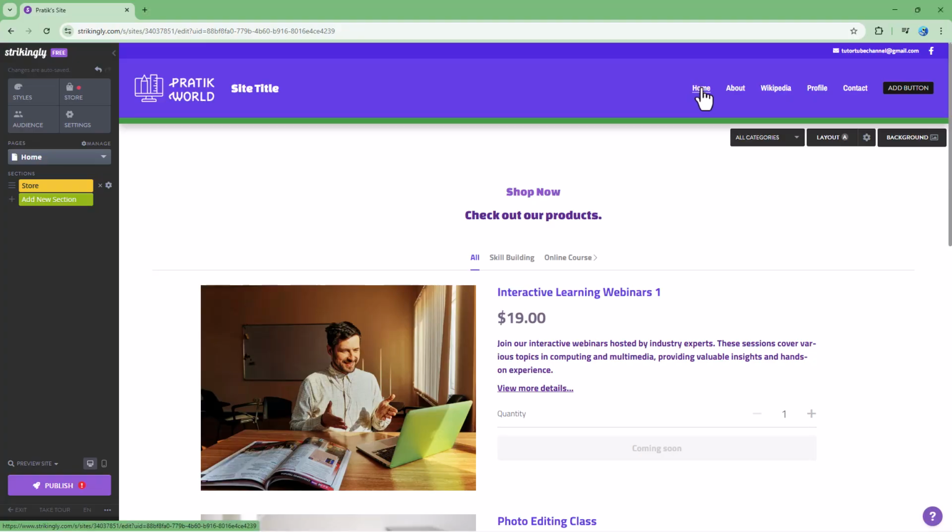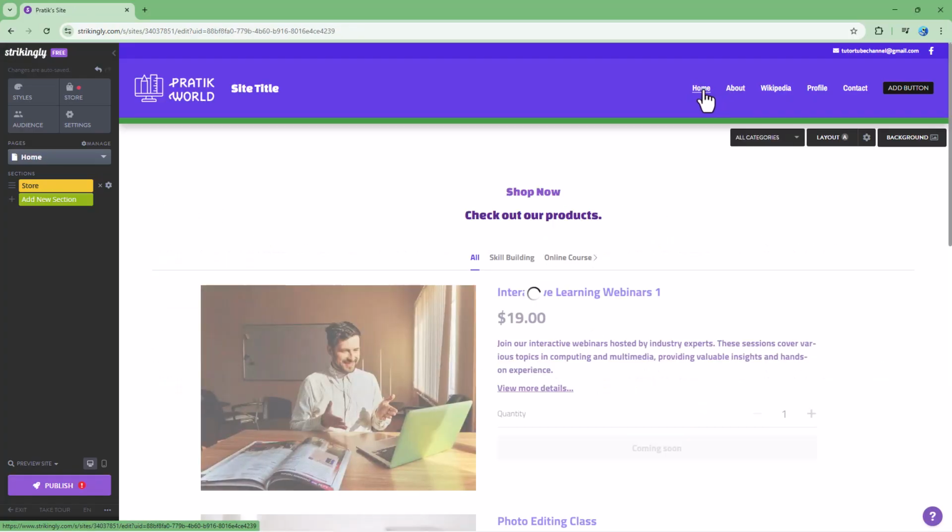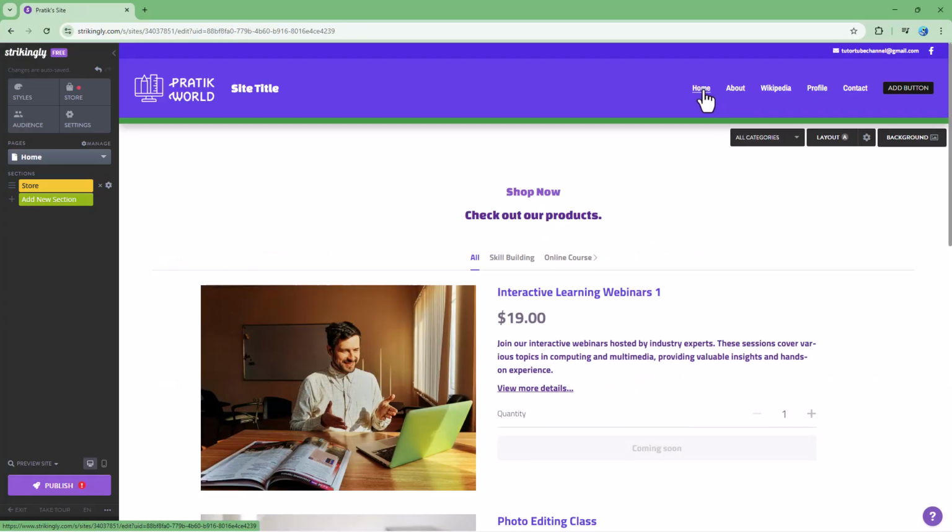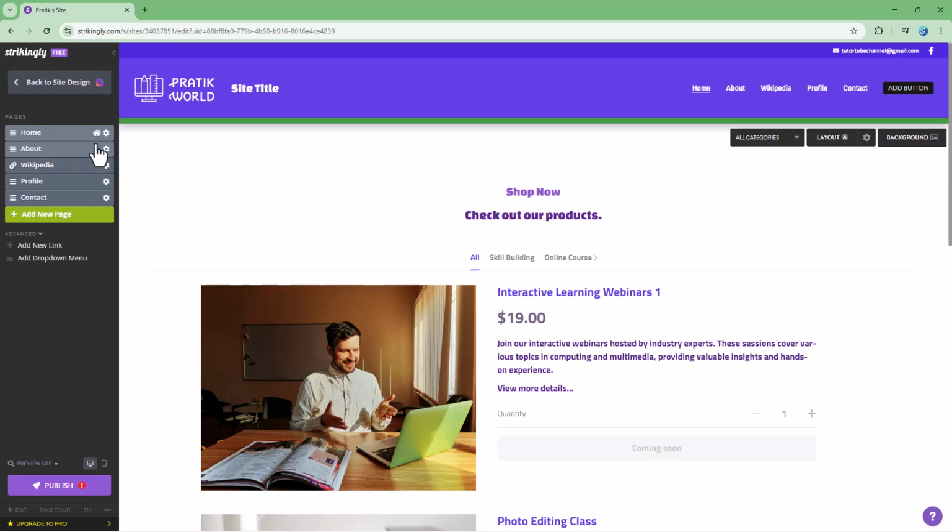So over here, you can see that I got page links right here on the top in my Strikingly page. But let's say what I want to do is keep some of the pages right here, like about, profile, contact, under a drop-down menu as well. So to do that, you can simply go to the page manage section, and then you can click on add